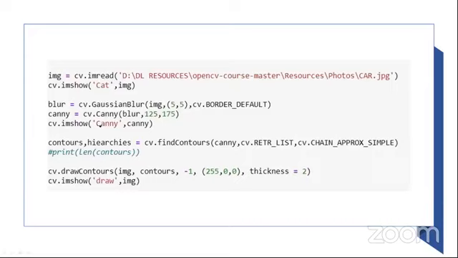So basically we get the image and we apply Gaussian blurring, as I said, in our pre-processing stage. After this, we will apply Canny, although Canny also applies Gaussian blurring in its